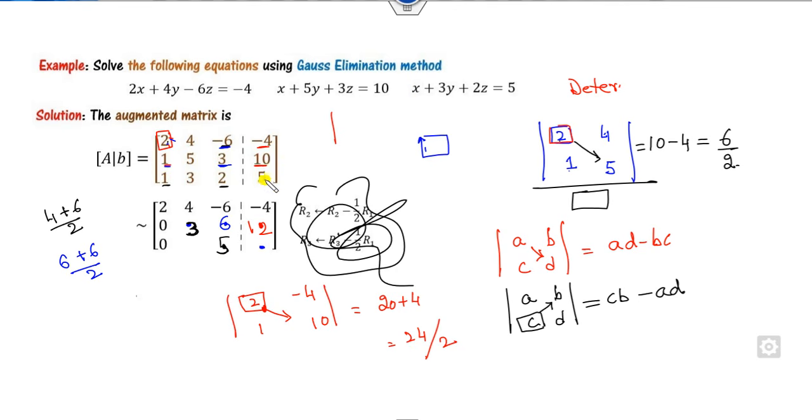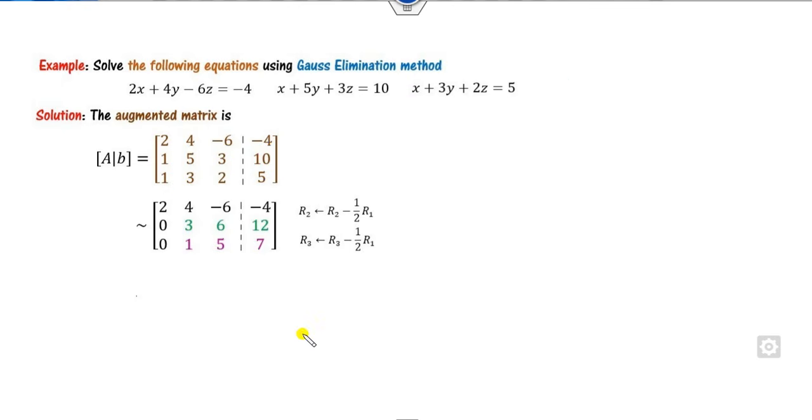Look at this value. 5, 2, minus 4, 1. So it's a 10 plus 4. 14 divided by box is 7. Similarly, you can find this value. 3, 1, 6. So 6 minus 4. It's a 2 divided by 2 is my 1. So you can see this completed. Now we can apply this shortcut trick everywhere.